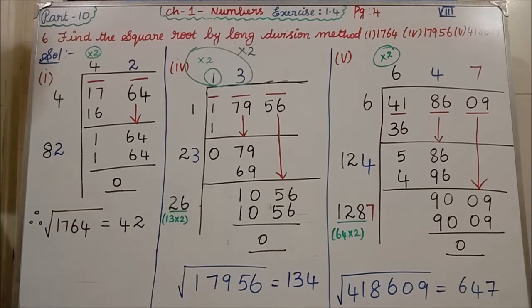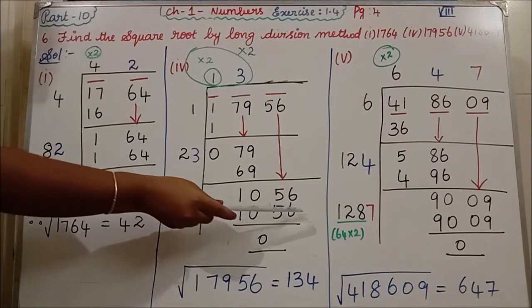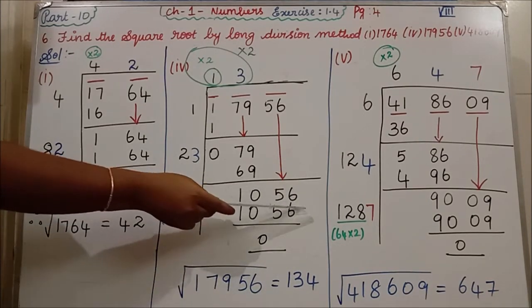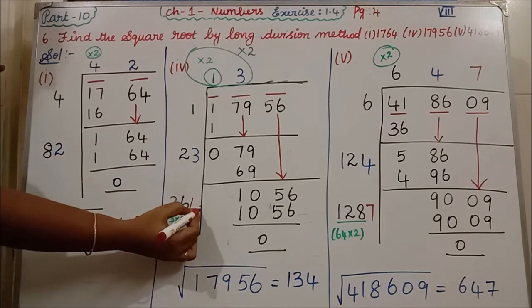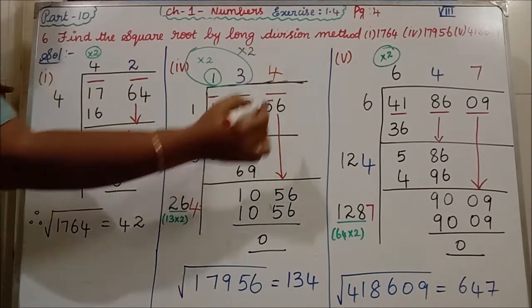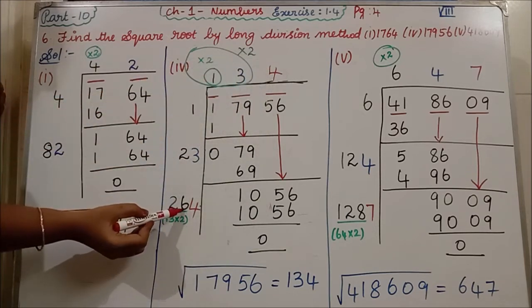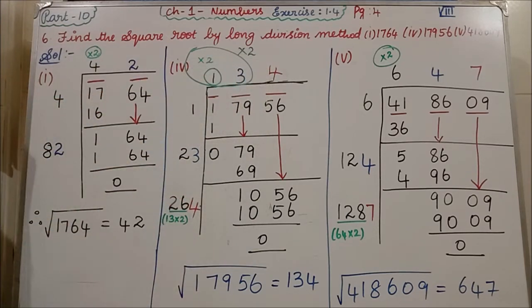Here now I am going to give one clue. The last number ends with 6. So which two numbers, if you multiply, will we get 6 at the ones place? 4 fours are 16, that is one possibility. Then 6 sixes are 36, another possibility is also there. First we will try with 4. Here 4 and there also 4. 4 into 264, if you multiply, we are correctly getting 1056. So if you subtract, we are getting 0.